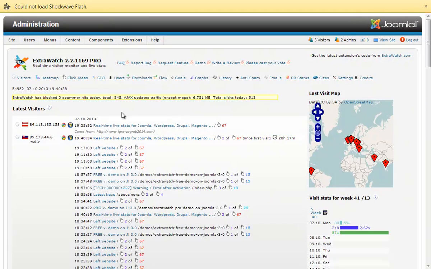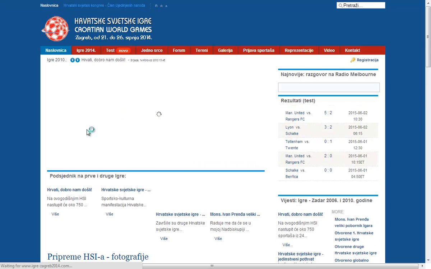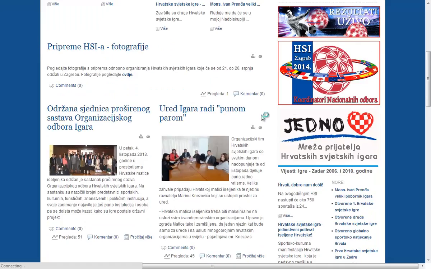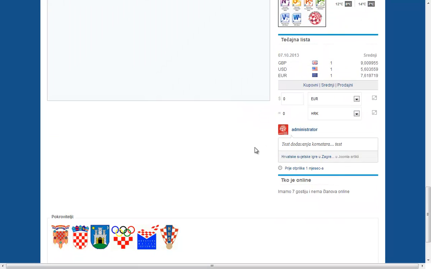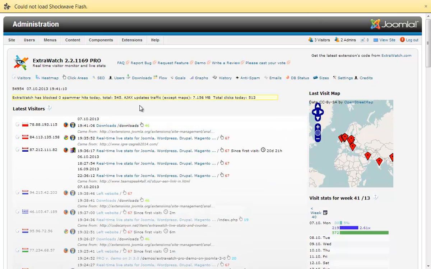And this section tells you what was the page from which the user came to your website. You can check if there is some link pointing to your website. Yeah, they are using most probably our extension. Here is the logo. So this is why now there's new user coming from extension Joomla.org,